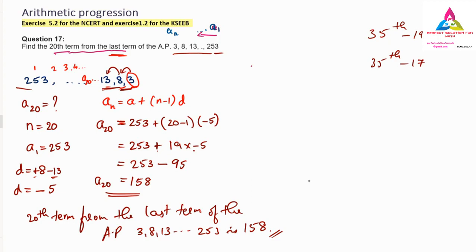And after finding that, for example 35 minus 17, we get the 18th term from the start, so then we have to find a18. So there are a lot of lengthy steps. Instead of that, this is a simple problem, because this type of question will be asked for only 2 marks. So why take that lengthy step? This is a simple step. Those who want that lengthy step for finding from the last term, you can comment on this video, and I will solve it and give it to you.